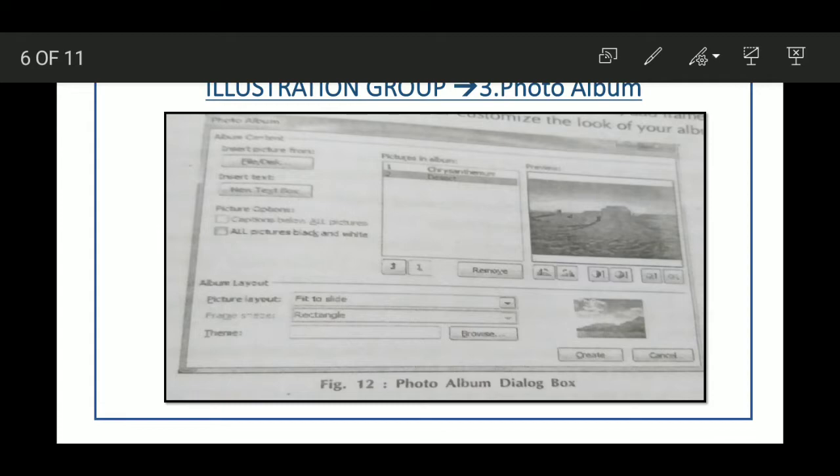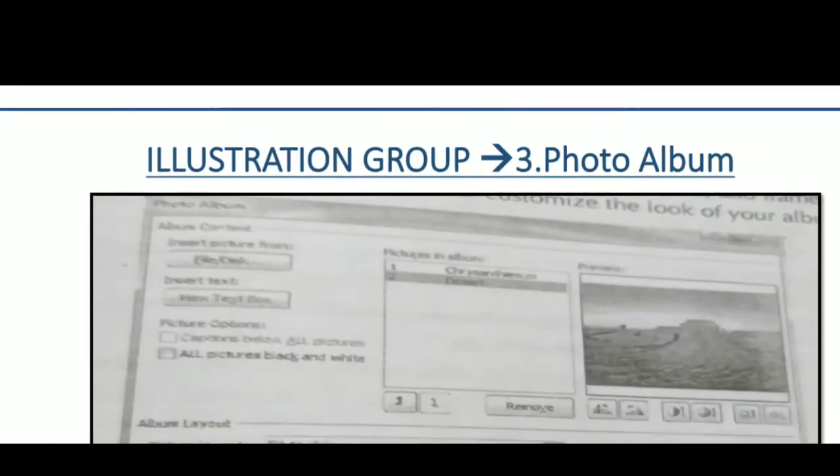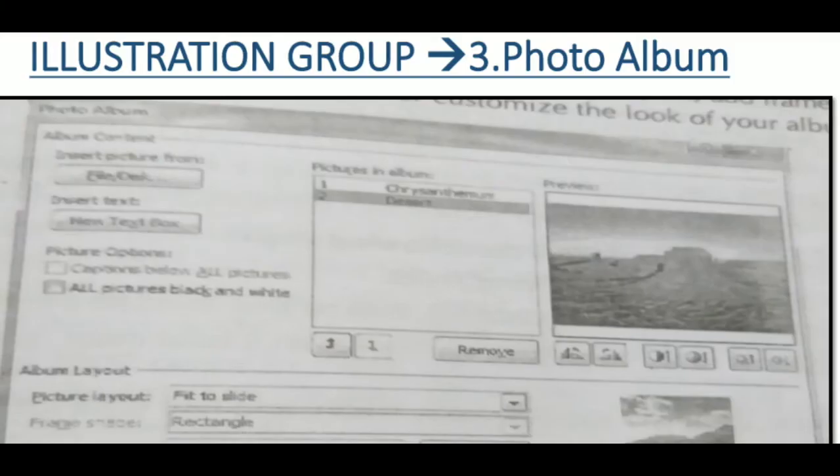In this dialog box, in the upper part, you can see clearly on the computer as well as here, the pictures in the album will be listed in this window, and the pictures will be displayed in the preview on this side.